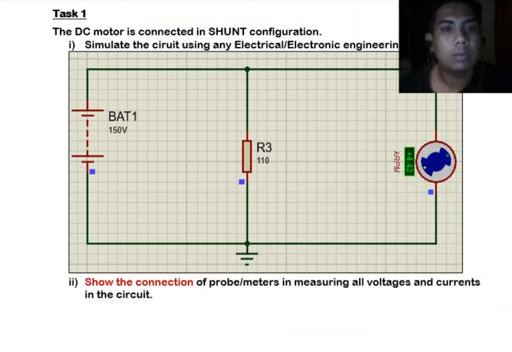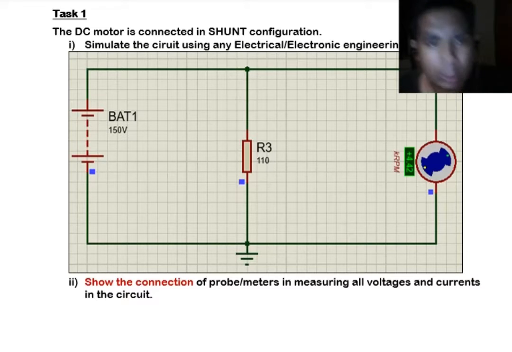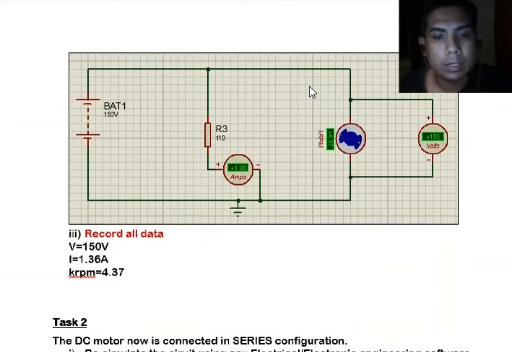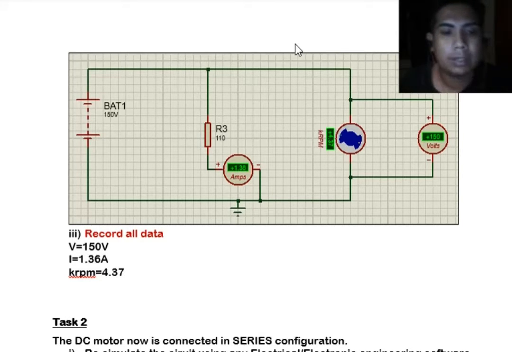So before that, we go through circuit by circuit. For task 1, the DC motor is connected in shunt configuration. For the circuit, we can see right here the connections of the DC motor in shunt circuit. We can see the voltage is 150 and the current is 1.36 ampere